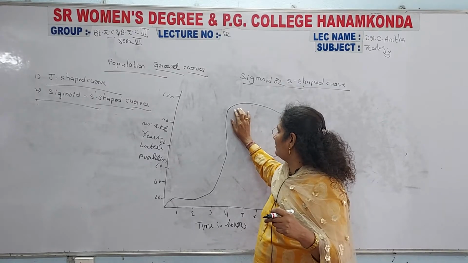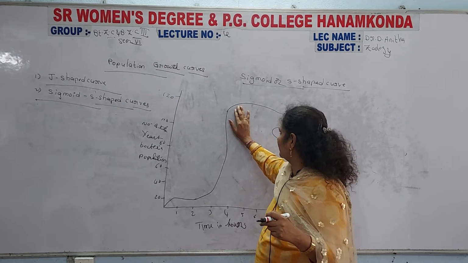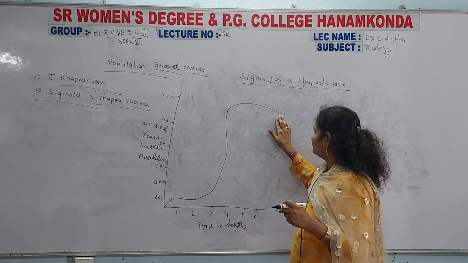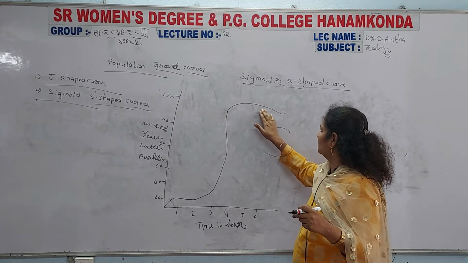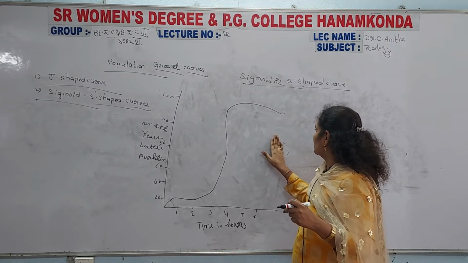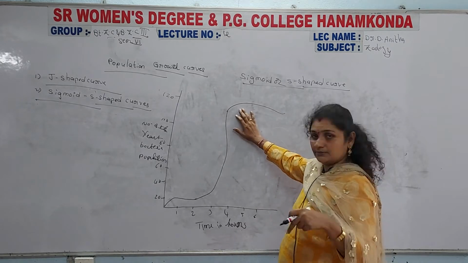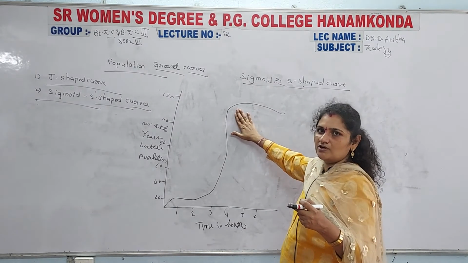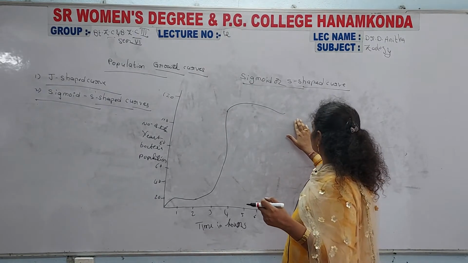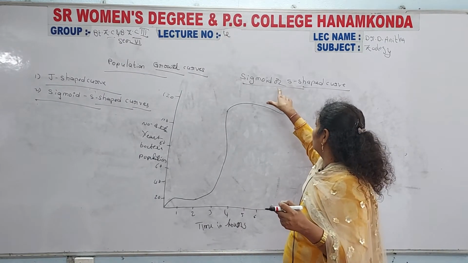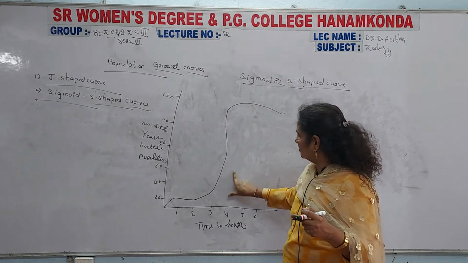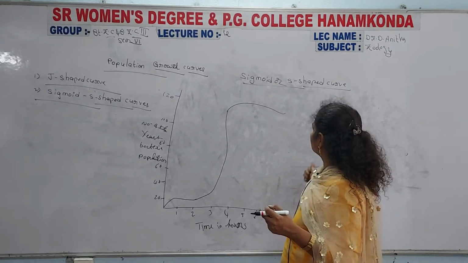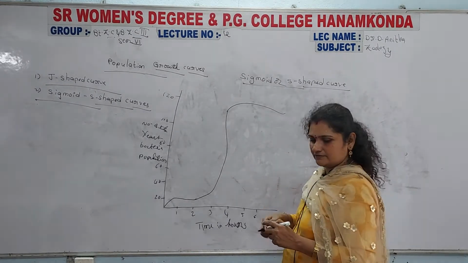This takes place until they reach the maximum number of bacteria, and then that maximum number continued for some duration of time. For some duration of time their number was constant, and this continued constantly. Then the graph bears an S shape, so it is considered here as a sigmoid or S-shaped curve.